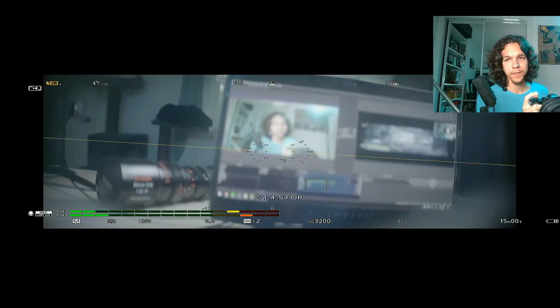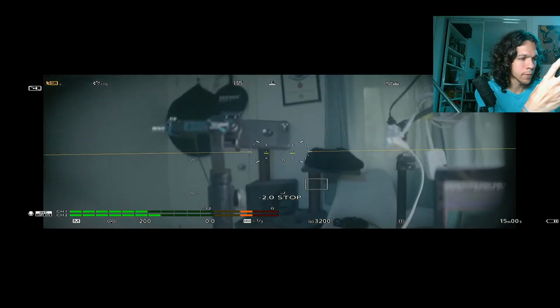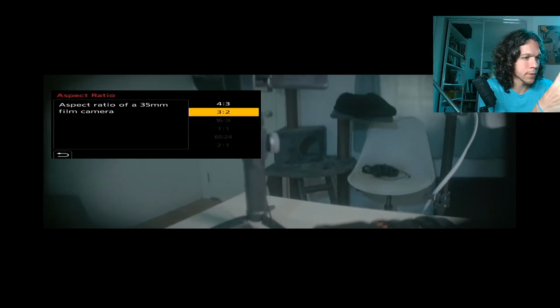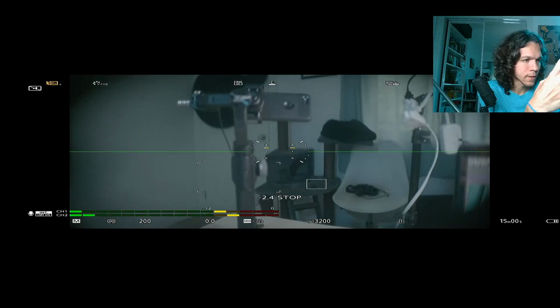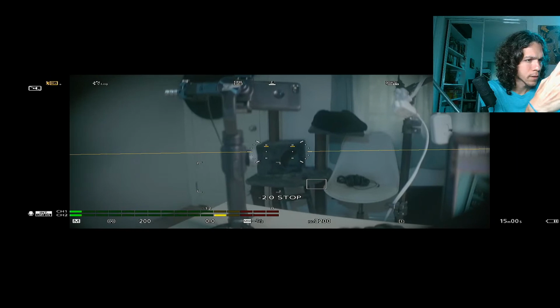I'm gonna go into the photo mode and 6K photo mode, and we're gonna look into the menus to see what we get there. So here, image stabilizer, aspect ratio 4:3. And I think I just lost more, or